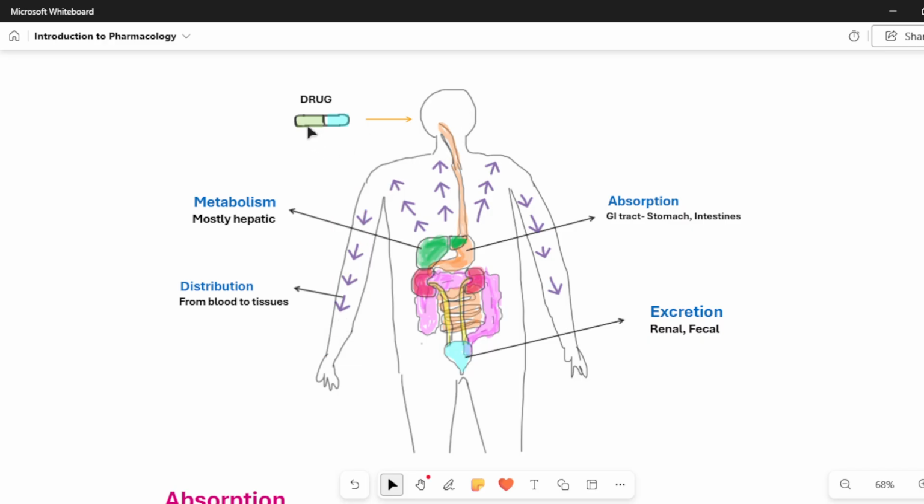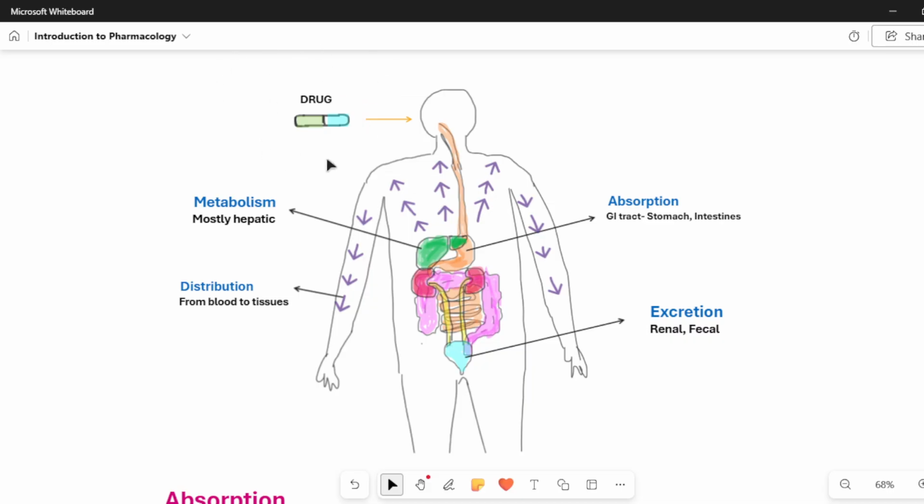So what happens now? The drug, 70% drug or whatever remaining drug is there, enters all parts of our body, and your distribution phase is completed. So it enters the different parts of the body and reaches the target site. That happens during your distribution phase. Okay. Now it has reached the target site. It has done its duty, the drug.